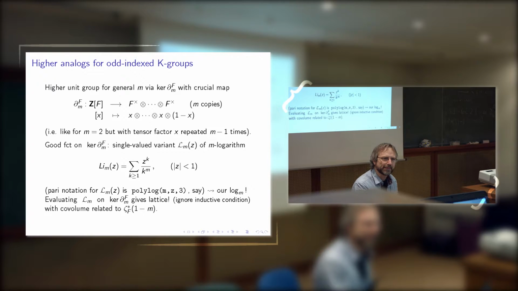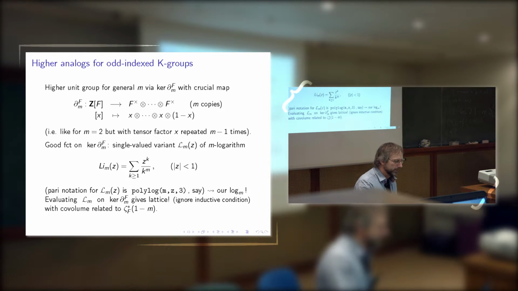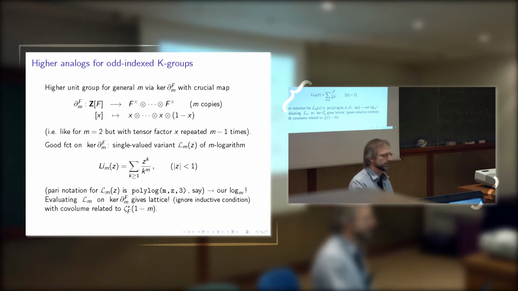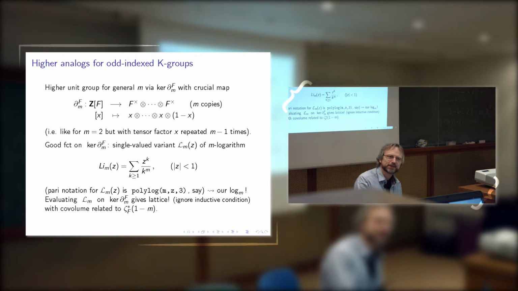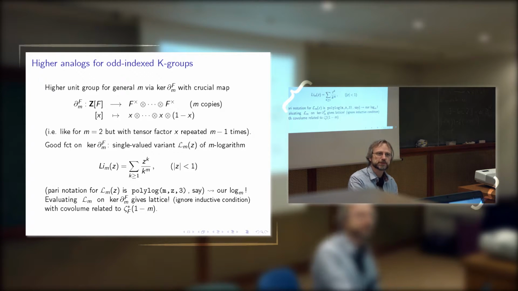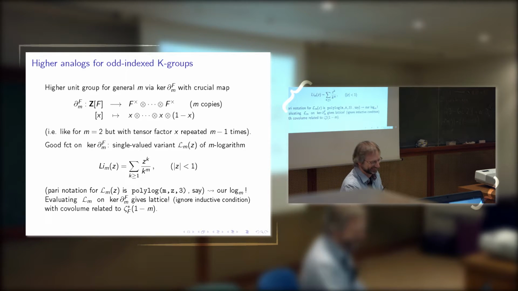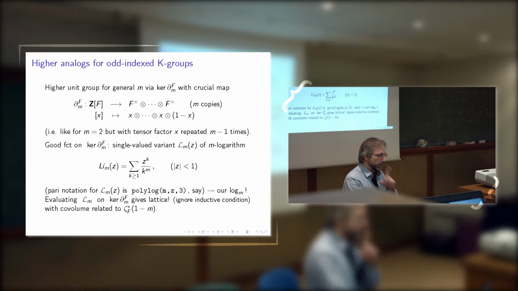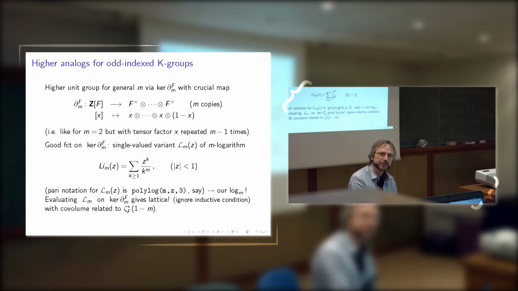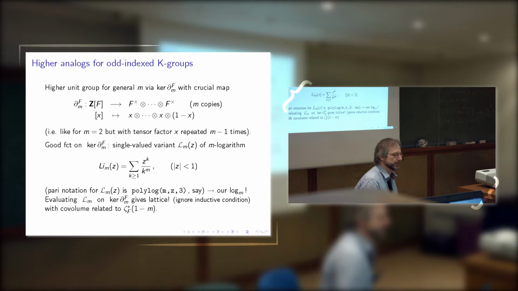All this is conjectural? Not quite. There are bits that have been proved for m equals 2, for instance, and for m equals 3. And for higher cases, as you well know, what's not conjectural is that that should give a lattice. That's an important bit.